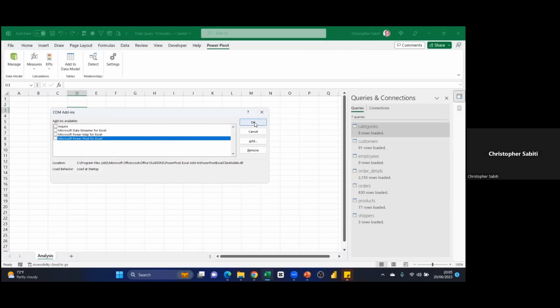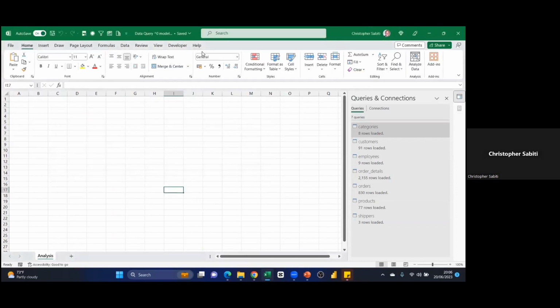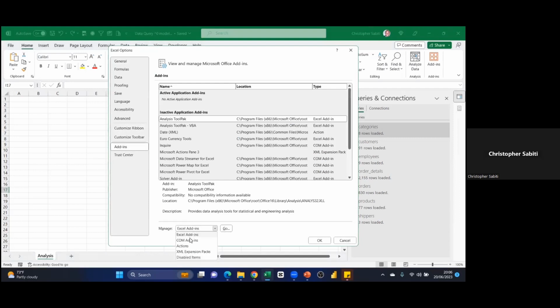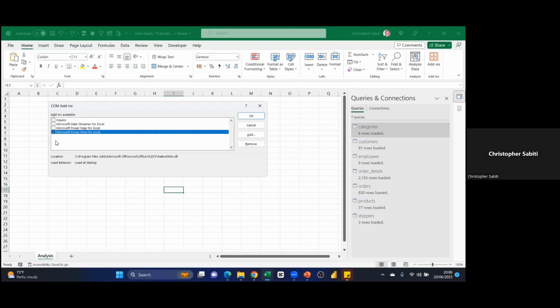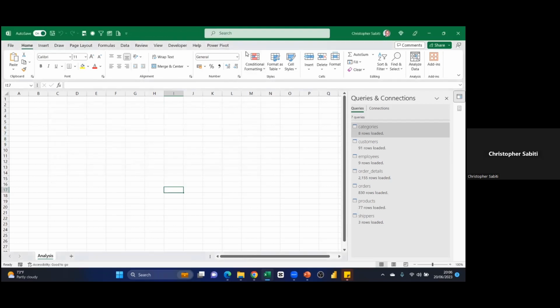Let me first uncheck it. When I uncheck it, mine will disappear. I imagine now I'm like you. So to activate it, you go to Options, Add-ins, you look for COM add-ins here, then you go, then you activate this by checking the checkbox, then you do okay. Just a moment, my Excel is acting stubborn. Okay, we check this and okay. Don't check the others. Anything you're not going to use, don't bring it in front of your eyes. So just do okay, and here it appears again. So that's how you activate